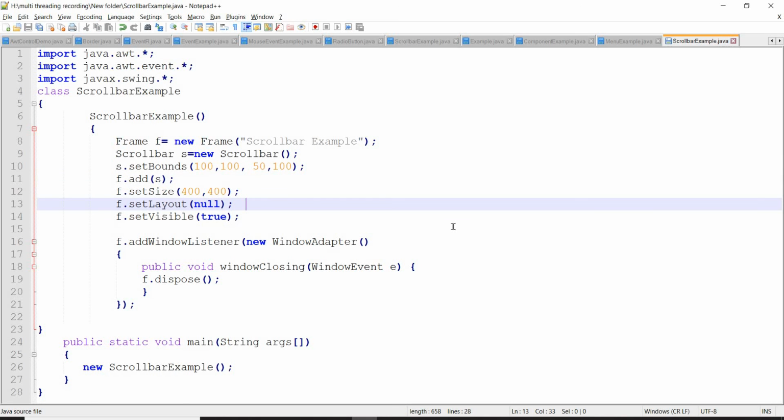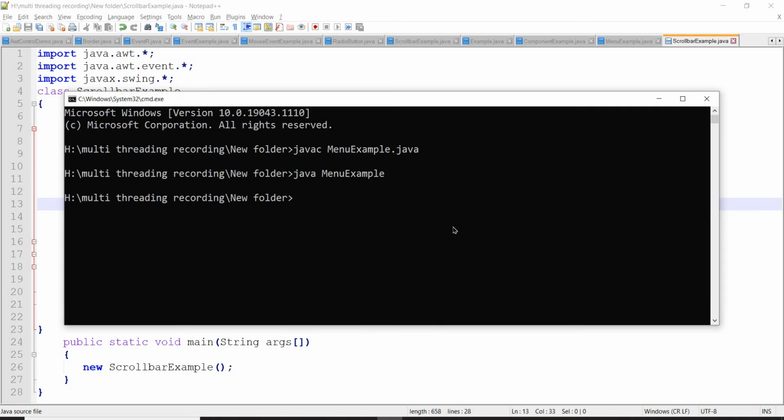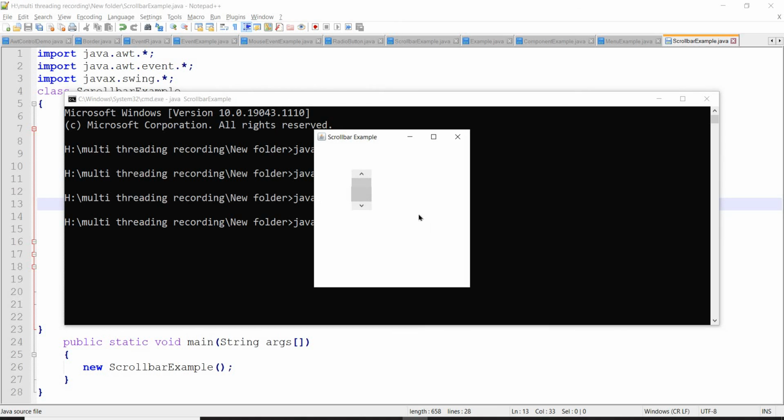Let's see how the scroll bar will look like. See, this is the scroll bar. You can scroll the contents up or down.